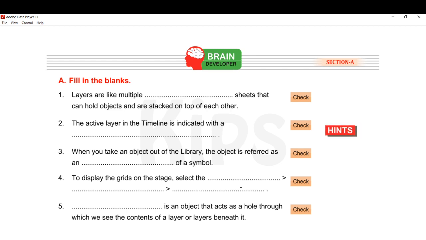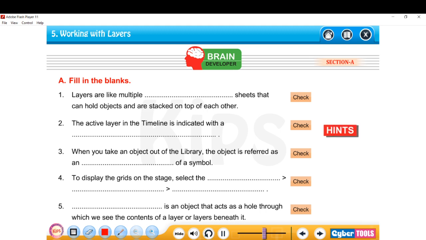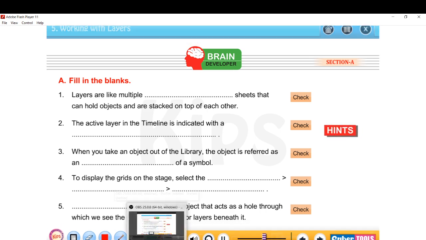So in the next classes we can cover the remaining one. Only the onion skinning tool is left for the practical part, otherwise your half yearly syllabus is completed by now. So I think you all will prepare it. Okay, children, so take care.